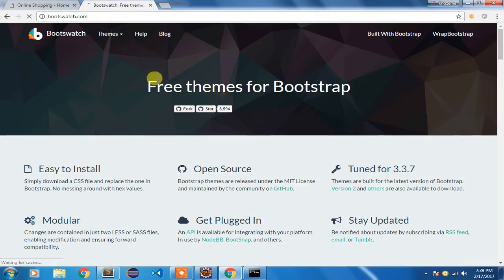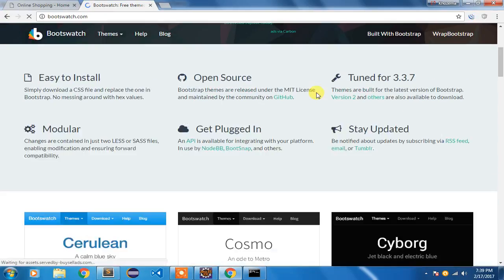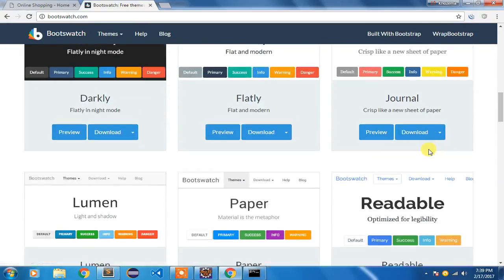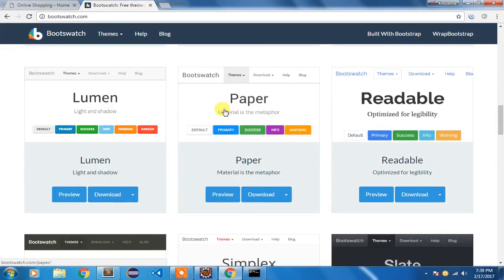So I've come to this bootswatch.com where you can get free themes for Bootstrap. There are various themes available here. You can select any one of the themes for your project. So you can look for yourself.